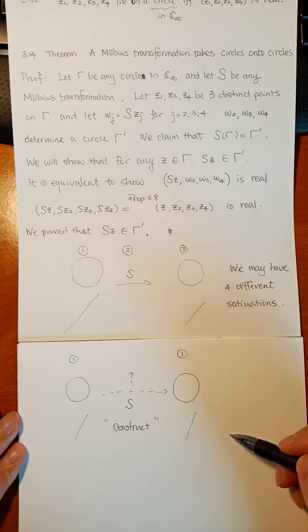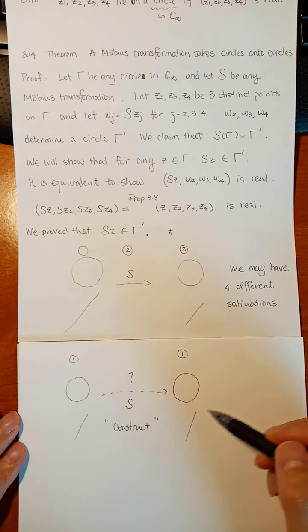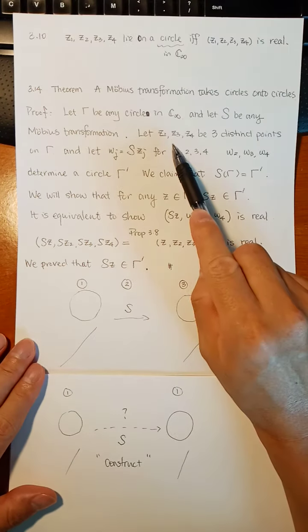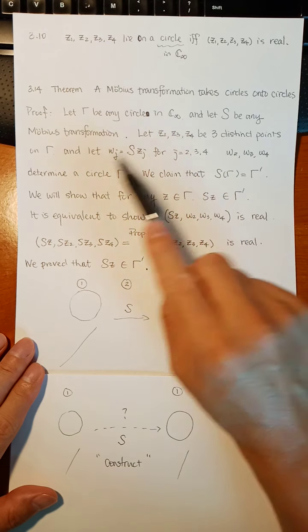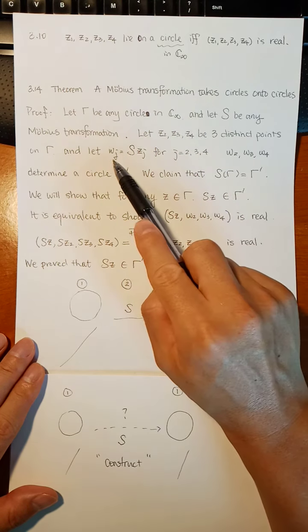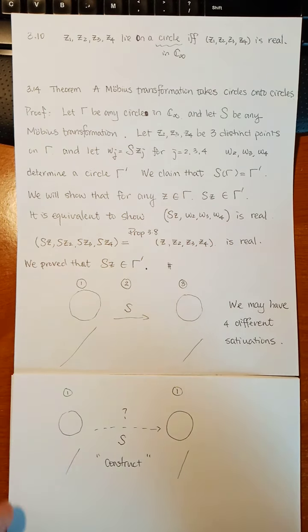How do we do this? Or can we do this? Okay, so can we do this? You see here, first we have Z, Z2, Z3, Z4, and then we have S, and then we get W. Now the problem is that,